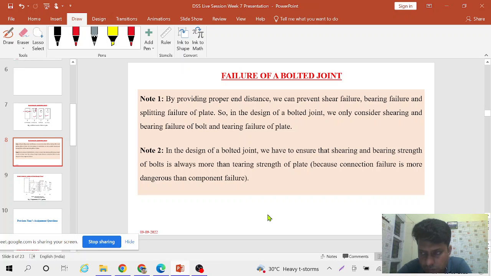Because if the connection fails before the component failure, then the whole purpose of the connection is lost. Are you getting what I'm trying to say? Yes, I am getting. Yes, you are saying correct. Means when the connection will fail,